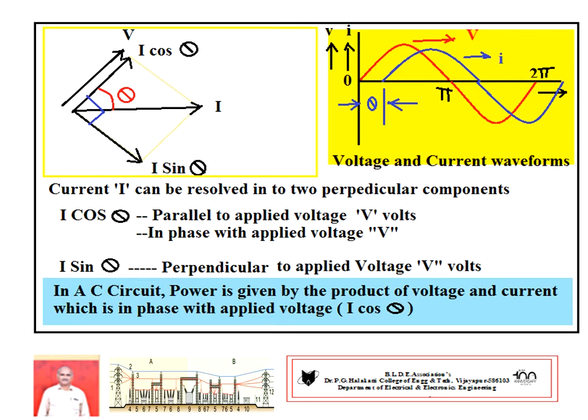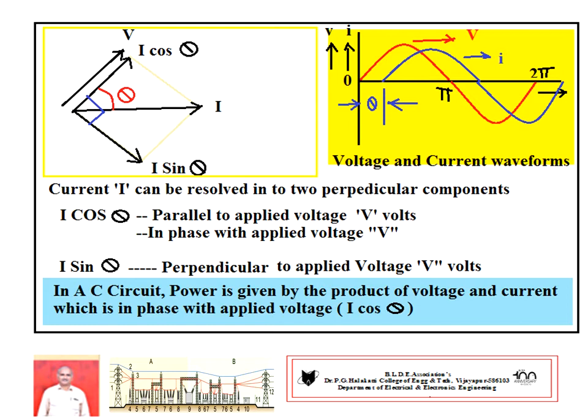You see there, voltage and current vectors can be represented. So, current lags the voltage by an angle theta, but current can be resolved into two components. One parallel to the applied voltage, another perpendicular to the applied voltage. I cos theta is known as the parallel component, also referred to as the phase component with applied voltage V. I sin theta is the perpendicular component or quadrature component with applied voltage, as shown in the figure.